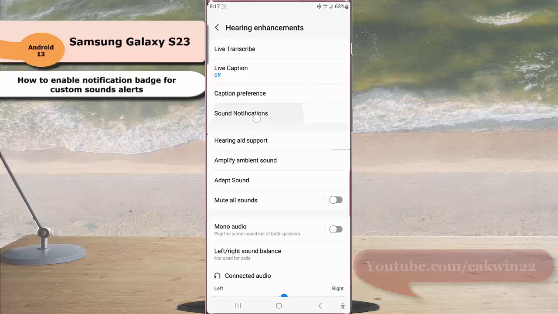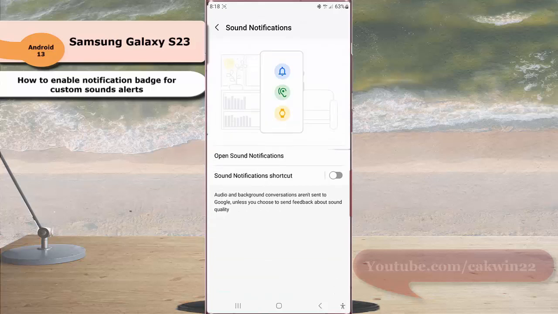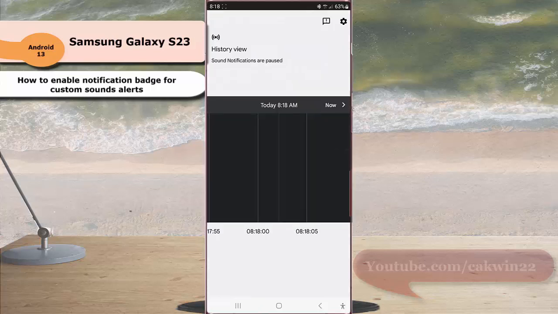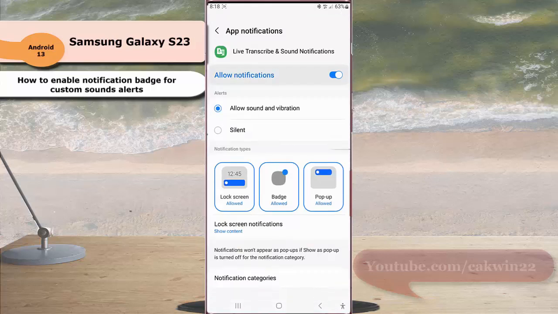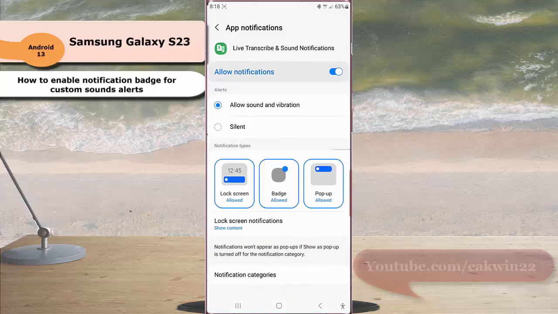Tap sound notification and then tap open sound notification. Next, tap the setting icon at the top right. Under preferences section, tap sound types. While the alert for sound notification is set to allow sound and vibration and patch feature is on, tap notification